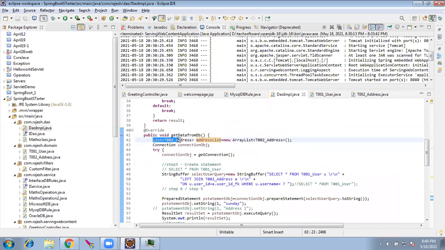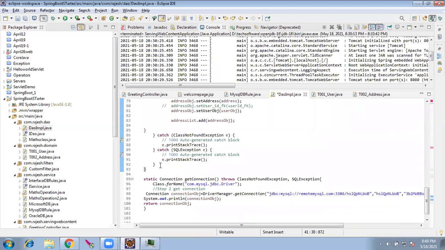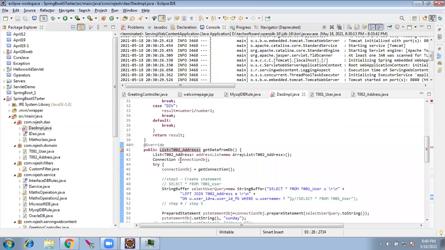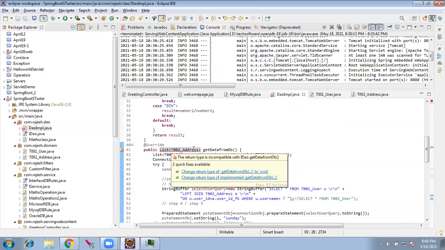So my return type changes now from void to list of T002 address, which means here I have to return the address list.